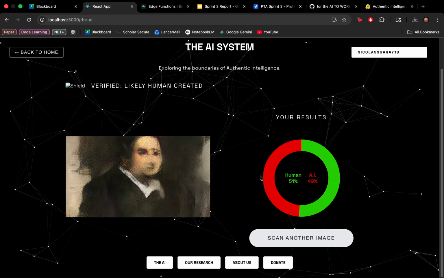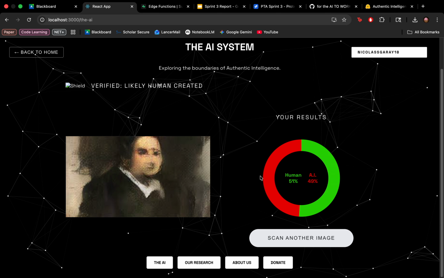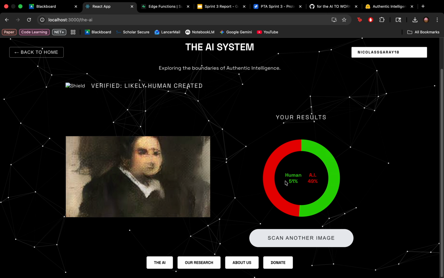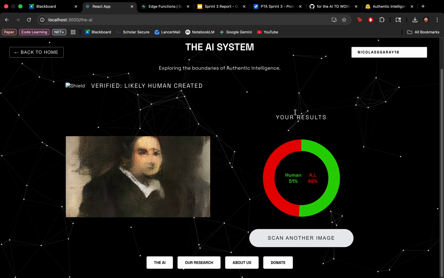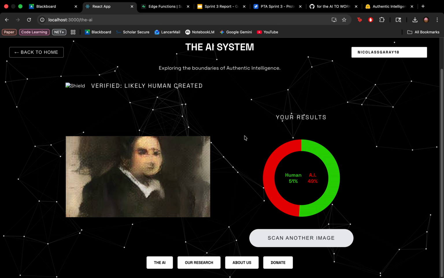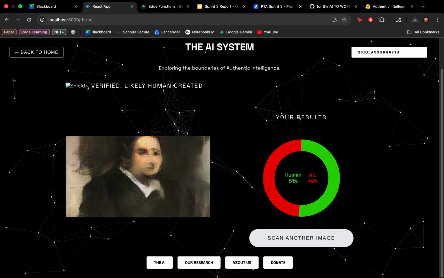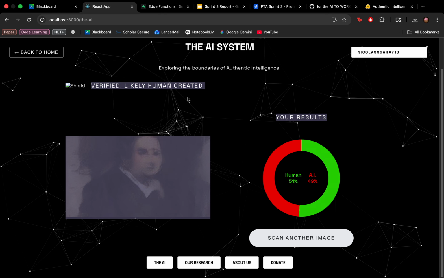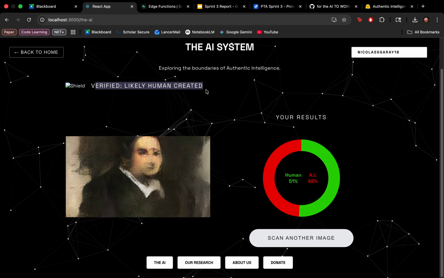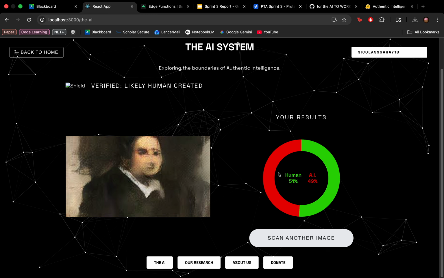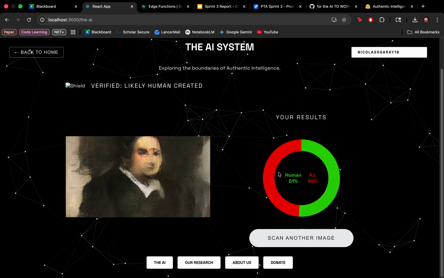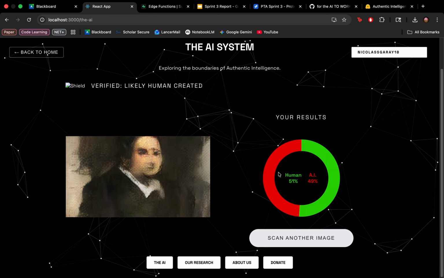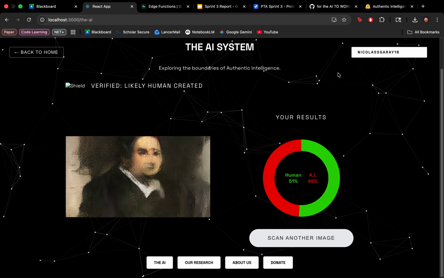Okay, so the detection software isn't perfect, but you see the numbers are definitely a lot higher for that being AI than human. Of course, it's more likely human than AI according to it, but it is AI generated, so this just goes to show more of the training that needs to go forth in that, but that's not my forte for